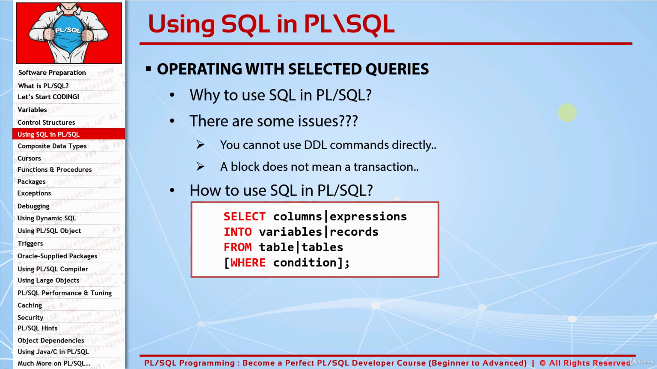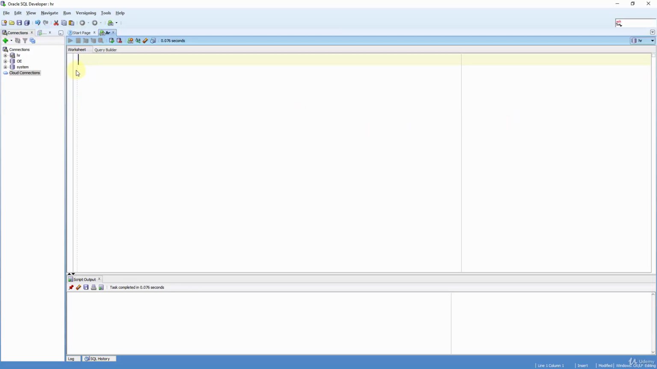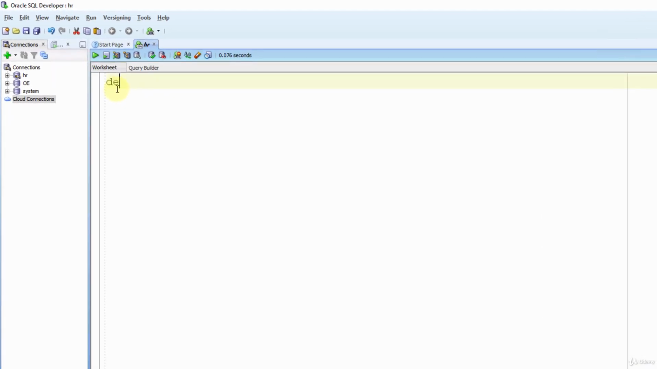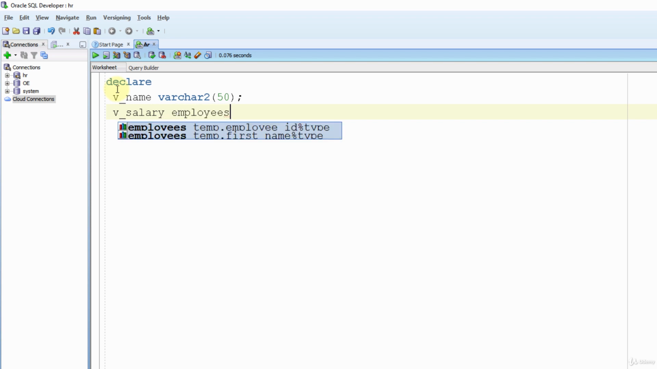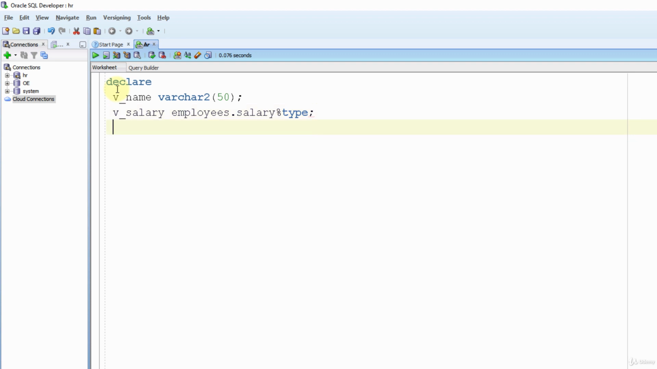Now, let's make some examples. Declare v_name varchar2, let's say 50, and v_salary, it's employees.salary%TYPE. As I mentioned before, use %TYPE attribute as much as you can. I used varchar2 to show that any of them is valid. So let's continue. Begin